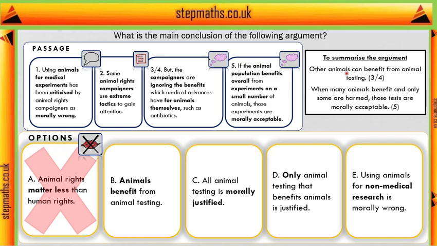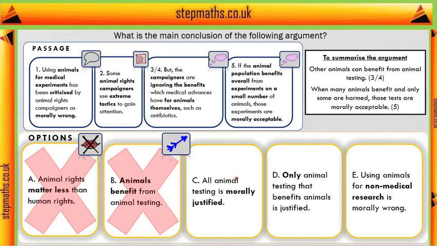And they haven't exactly argued for this. They've kind of given an example of it. But it's not something they spent a lot of time on. So when you introduce a concrete example like antibiotics, it seems more like the kind of thing you're trying to use as a reason. Now, because they're disagreeing with animal rights campaigners who say animal testing is morally wrong, their conclusion, if it exists, should be something like, well, animal testing is okay, or it's sometimes okay. So B seems more like a reason than a conclusion, and in any case it's not officially meant to be the answer.